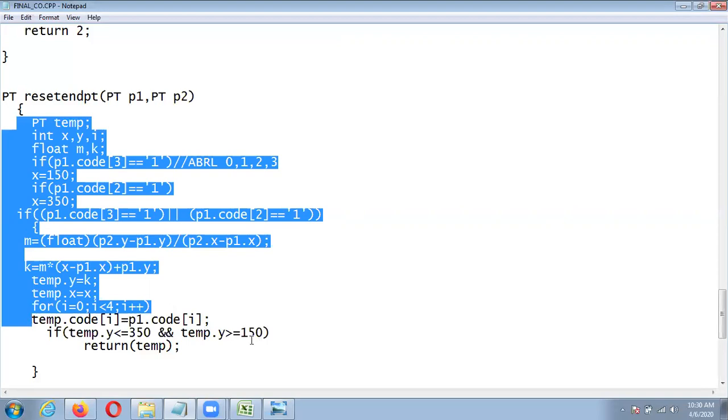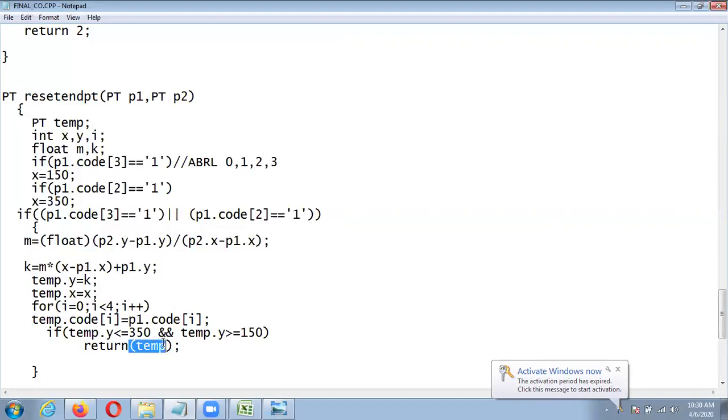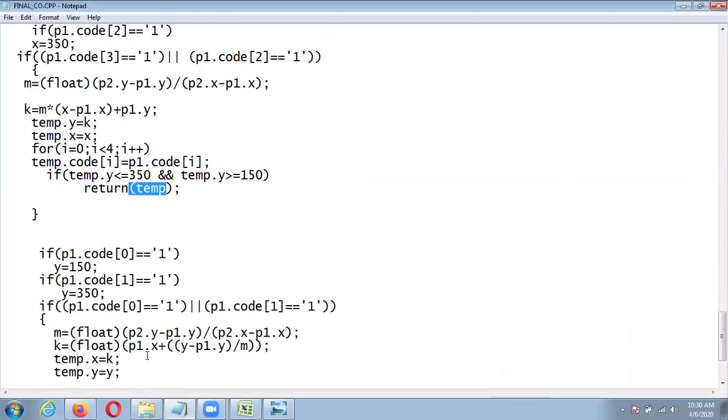That means that point is within the range of the window, 150 to 350 for y. Then we return the temp value, which contains x, y and region code.